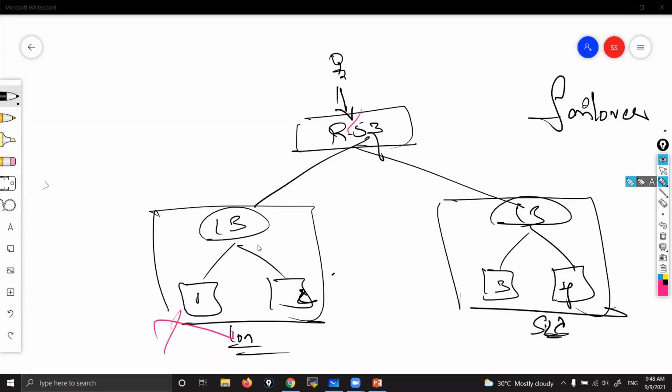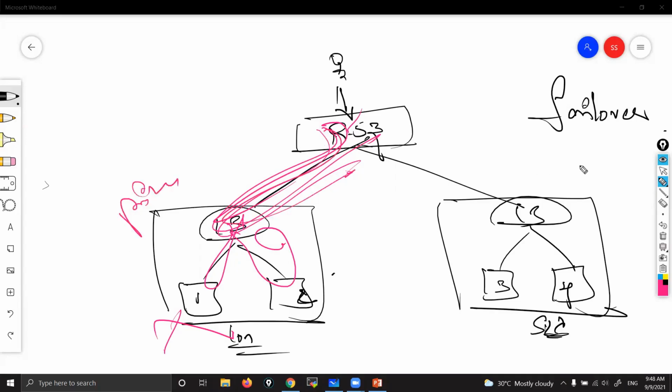Now I'll tell you. The way the load balancer checks the health of these two servers, Route 53 will check the health of the load balancer every now and then. That health check we discussed in the load balancer. In that manner, Route 53 checks the health of the load balancer of only the primary. Standby, no need, right?